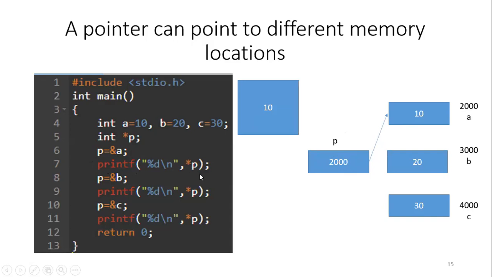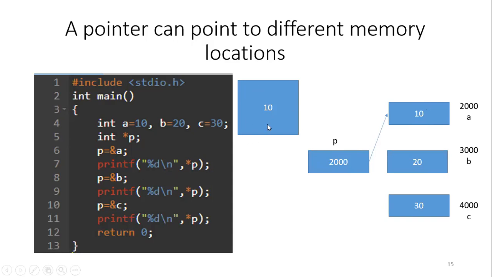Now what is the meaning of star P? When we access P, we will be getting 2000. But when we access star P, it means the value at that address. So from P, you take the address, then you go to that address, that is 2000, and see what value is stored in that particular location. In the address 2000, we have a value of 10. Now star P means 10. When we run the statement printf %d comma star P, 10 will be printed on the screen as shown in this box.